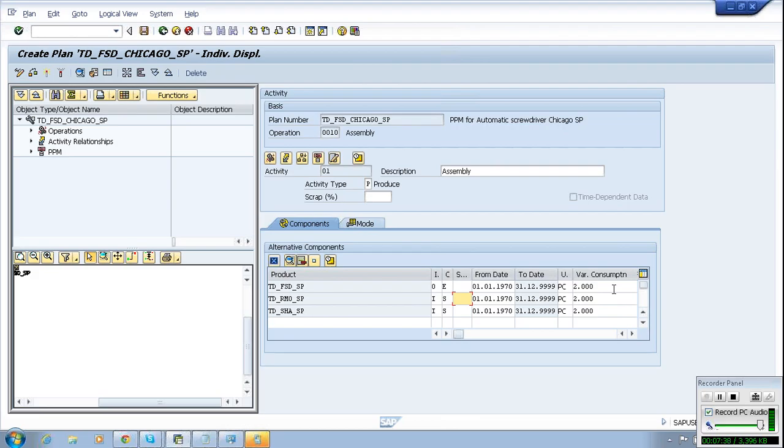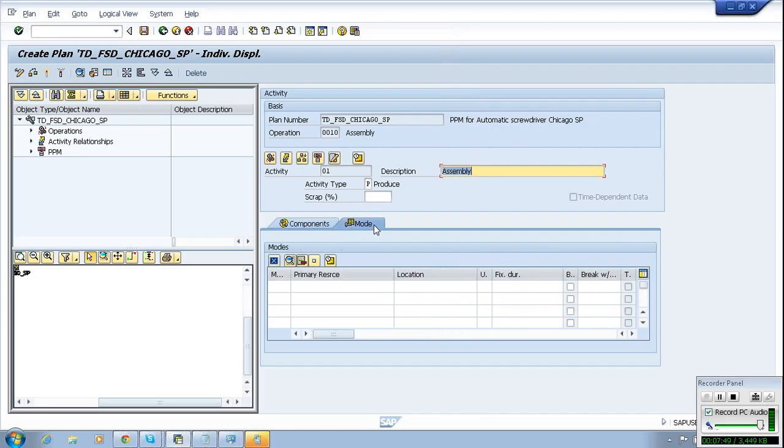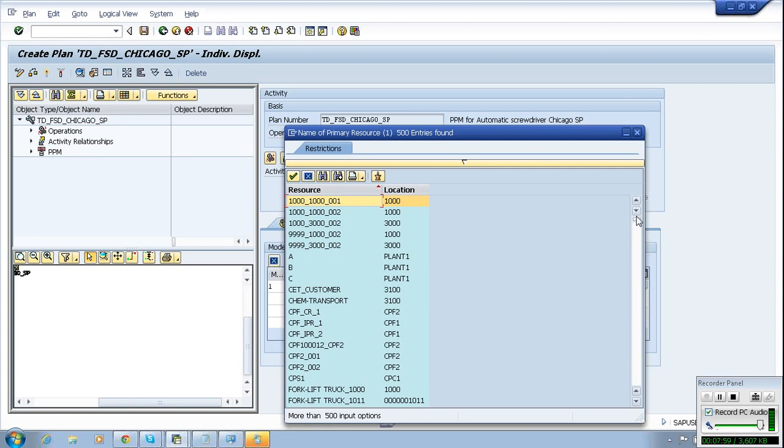Clear this one? This is nothing but like a BOM. Now go to the mode. So to assemble this one, what is the resource we are using? We have created our resource, CD assembly,